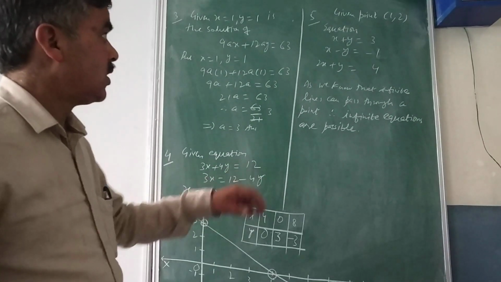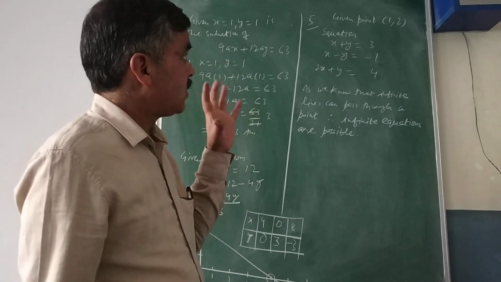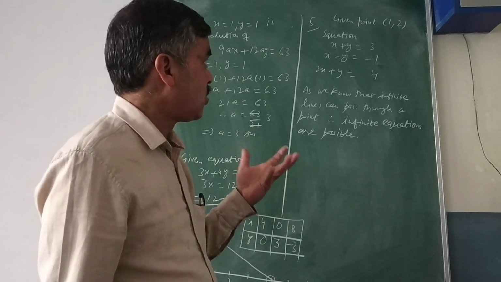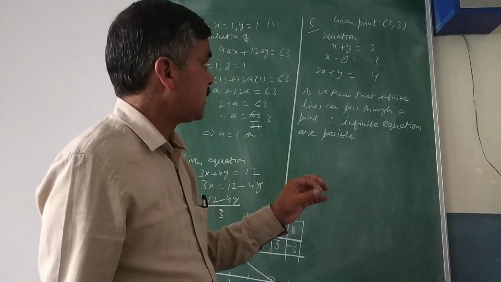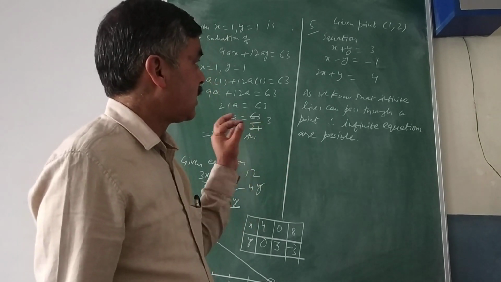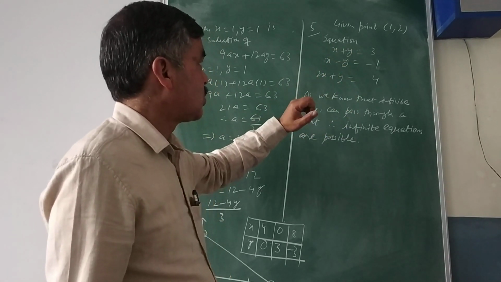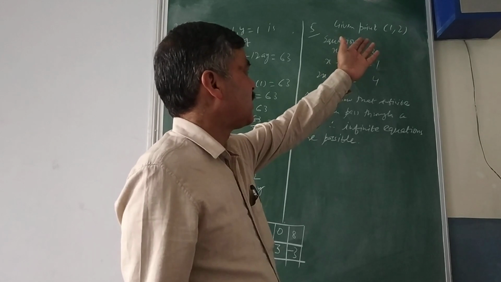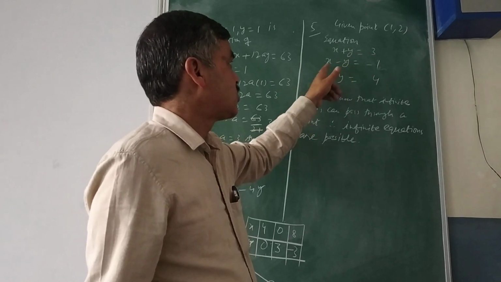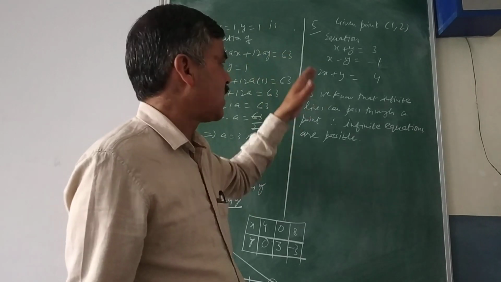Then question number 5, it was given that a point 1, 2 is given, and you have to write one equation for such a line which is passing through 1, 2, and how many equations are possible. Write at least 3 equations and how many lines can pass through the point 1, 2. You remember I explained in detail how to go for this on behalf of your textbook question also. So equations you can form infinitely many. As I know 1 plus 2 is 3, so I have written x plus y is equal to 3. 1 minus 2 is minus 1, so I have written x minus y is equal to minus 1.